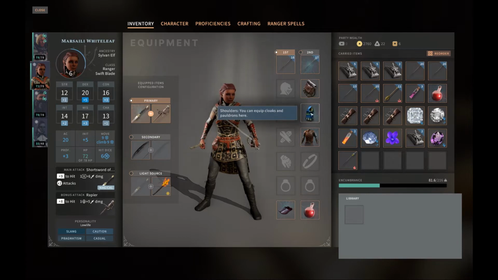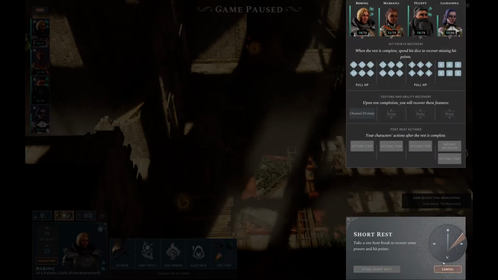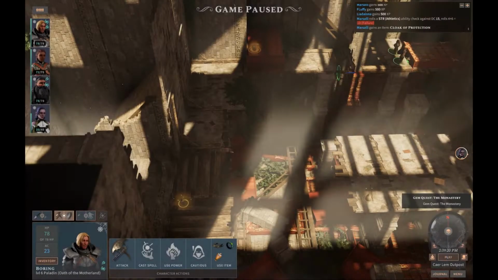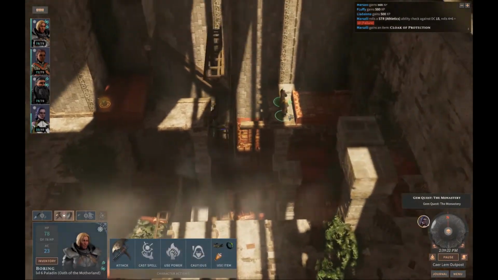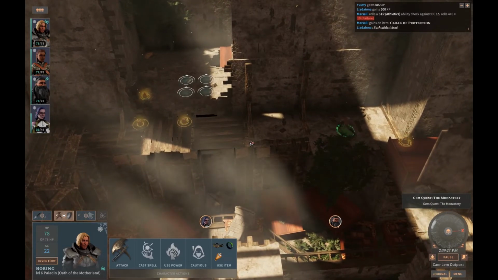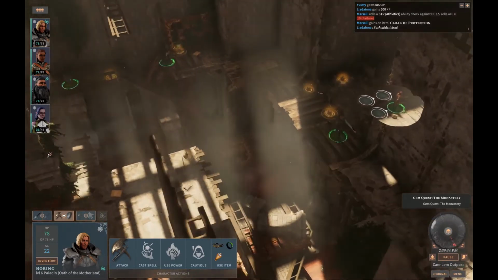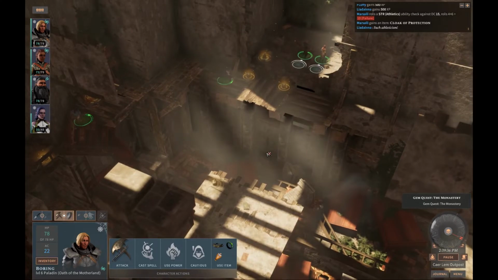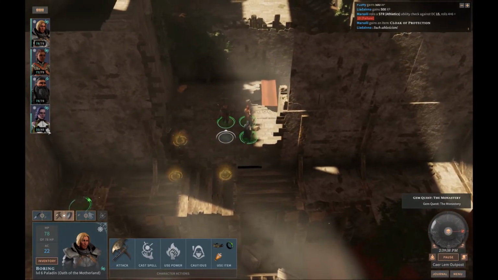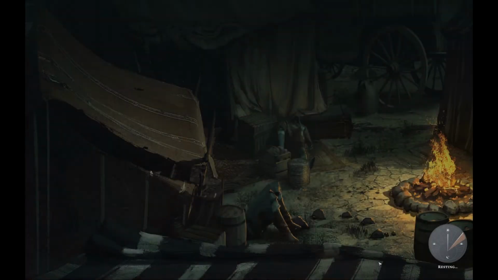And we need to attune to that. So what you need to do to attune, you need to take a short rest, which I don't think we've really done much of, if any, yet. It's saying we can't. I'm not sure why. Maybe because we're scattered a little bit? So let's go back to this entrance area right back here. Such athleticism. Also got a bit of HP to recover, so we'll do that too as we short rest. There we go. So now we're all together. We can short rest,